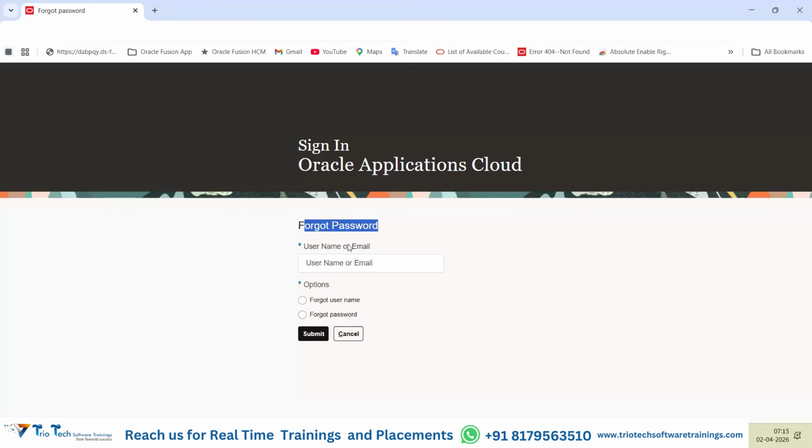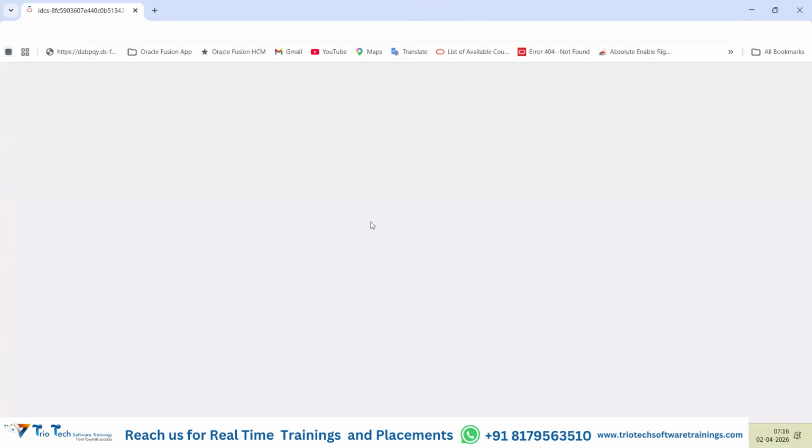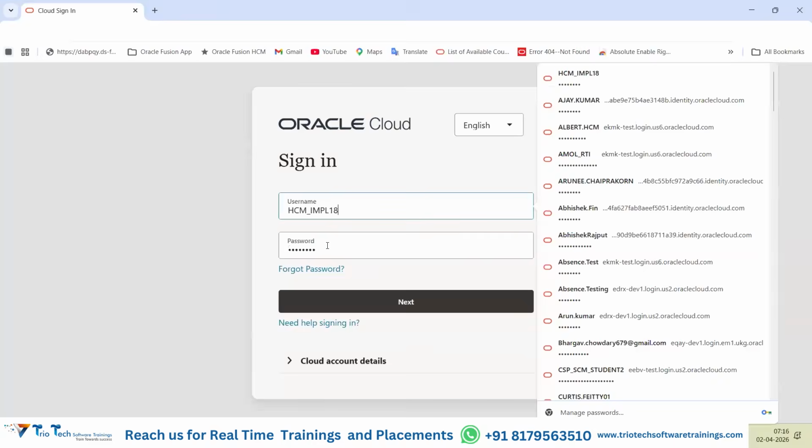See, forgot password. When my account is created in the system, an email ID will be given, right? So that email ID I can give here, team, and then I can choose whether I forgot the password or I forgot the username only. Give your registered email ID in the system, then forgot password. If you submit, the system will send a password reset link to you. Or if I select this other option, the system will send my username details to the email ID I'm giving. So while logging in, if you face any difficulties, if you forgot your account password or username, team,